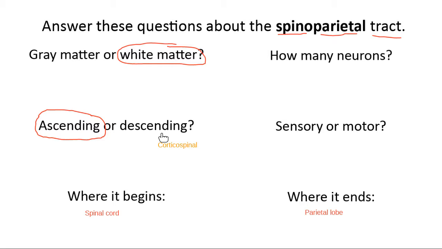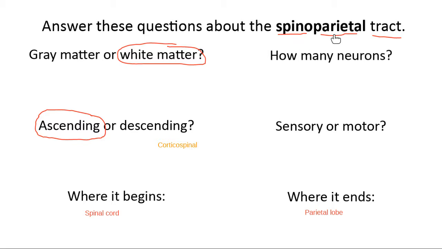So really, the only thing you have to look for when you're looking at the name of a new tract is the location of spinal. If you see it at the beginning, it's an ascending tract. If I see it at the end, it's a descending tract. Look for the position of the word spinal in its name, and that's going to tell you which direction information goes. All right, let's go back to the one we're working on here, the